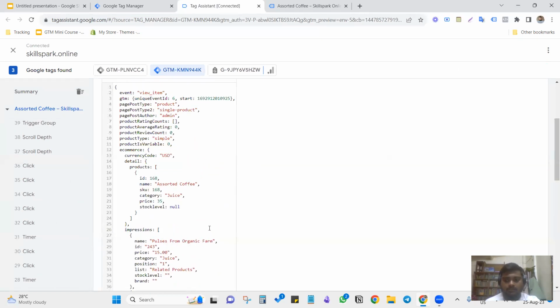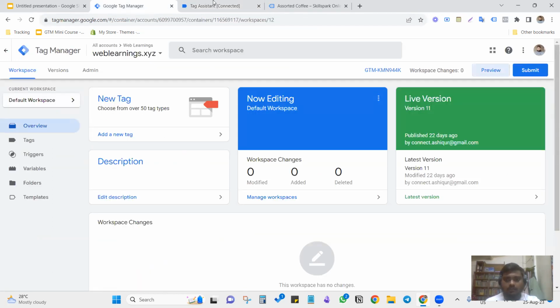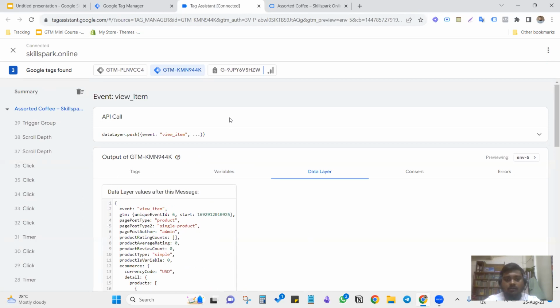So why is this important? To track the data and send it to Google, Google Ads and Facebook Ads, we need dynamic values, because to retarget the audiences, we need this information so that our ad campaign works perfectly. That's why data layer is very important, and this data layer is previously installed by the developer in the backend of the website. For the WooCommerce website, we have done this through a plugin, and I also have a